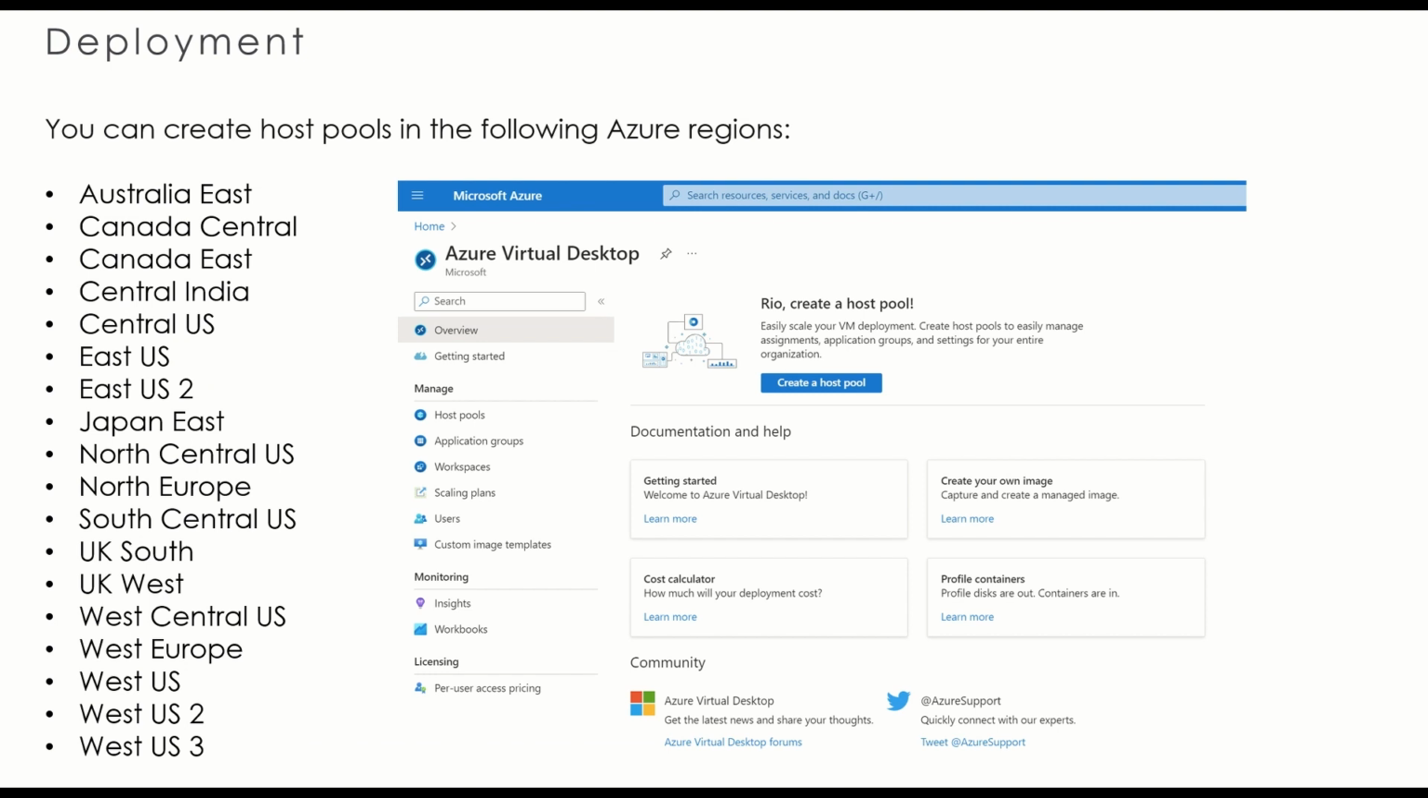In terms of deployment, you can create host pools in the following Azure regions. They're listed down the left-hand side. For our example, we will be deploying the service in UK South because that's where we do reside physically. This does reduce latency and bandwidth across the service. So just make sure the location you are selecting is relevant to your actual physical location,